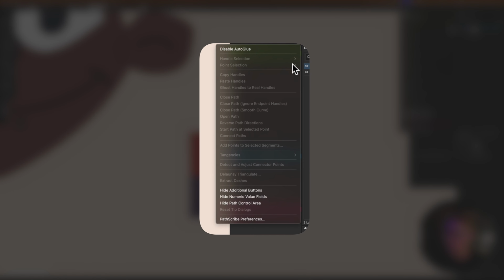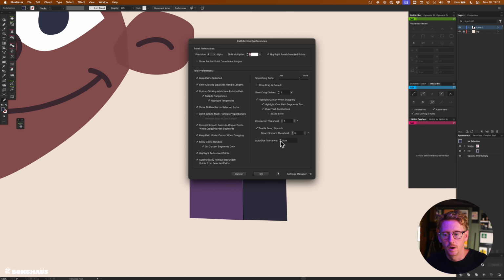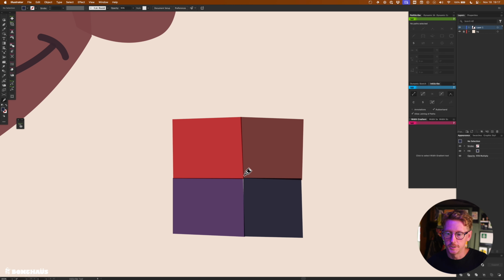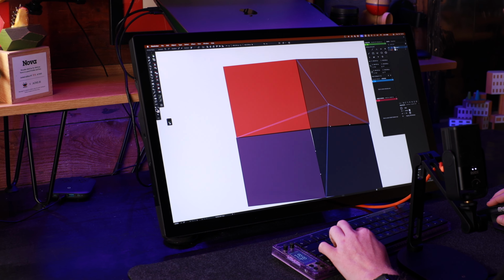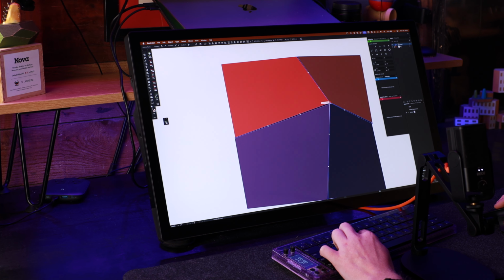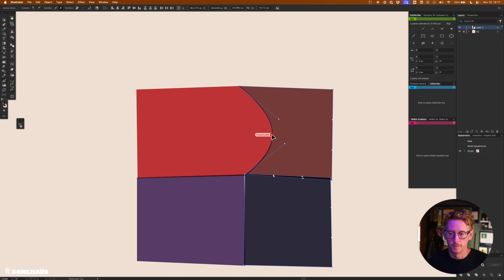The other thing to do is to go back into that menu and click the PathScribe preferences. And then way down here in the bottom right, AutoGlue tolerance, I like to put all the way up to the maximum, which is 5 pixels. I think it'll normally be pretty low. Now with that feature enabled, if I use my PathScribe tool over here, and I choose one of these points, it will move all of the points together as if those points are glued together because they are within that 5 pixel tolerance. And also, if I move Bezier handles, the Bezier handles move with it as well.